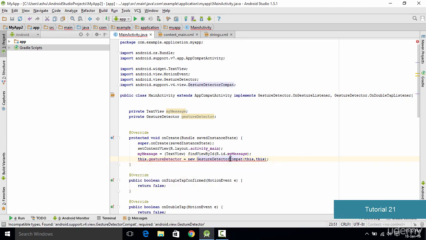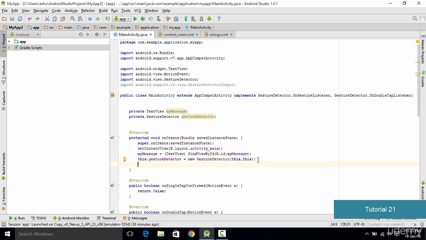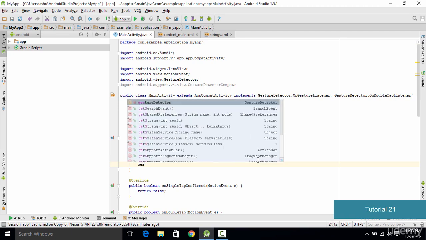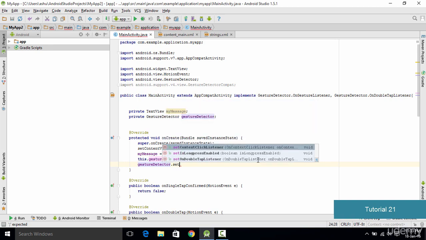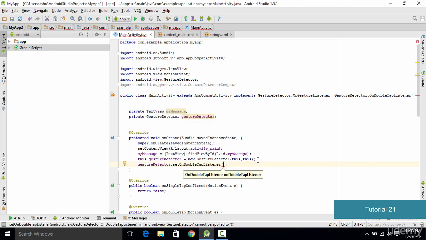So I think this should be just gesture detector. And the next thing which we do is that we also need to set the double tap listener. So we type gesture detector dot set double tap listener, and we also specify the parameter as this, as we are referencing this object.